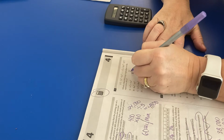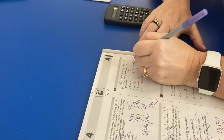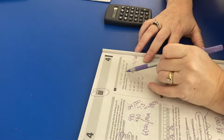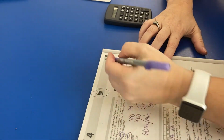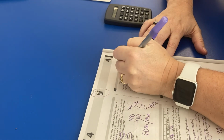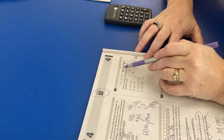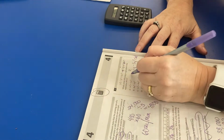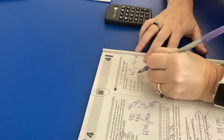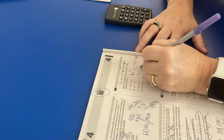So I do x to the second y minus 3y to the second plus, oh, I've got to squeeze it in, 5xy to the second, okay? Now, because it has a negative number, I am going to change all these signs. That plus is going to become a negative. That's going to be a plus. This is turning into a plus. Okay, so then I've got to add plus x to the second y. Now, if it gets confusing for you, you can always stick a 1 in front of it if it doesn't have a number associated with it. I'm going to do the same thing here. 1x to the second y plus